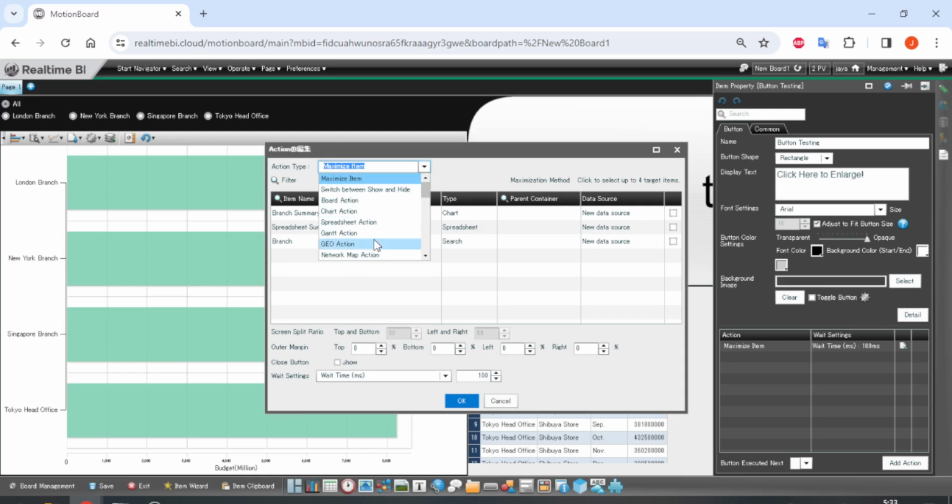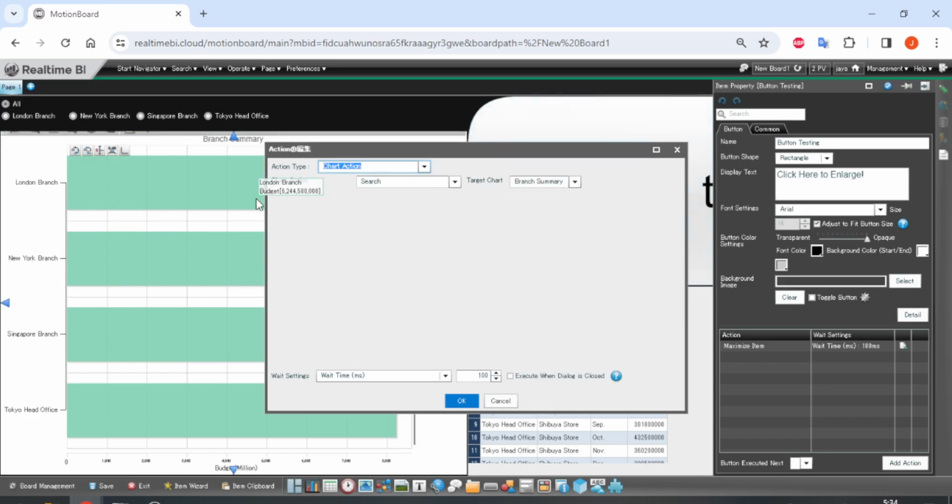Now I'm going to go for the download action, but if you take a closer look, you see that there is no download action. So what we can do is we actually have to choose either the chart or the spreadsheet that we want to download. First we're just going to download the chart on the left part of the dashboard. So we're going to go to the chart action, and then it will